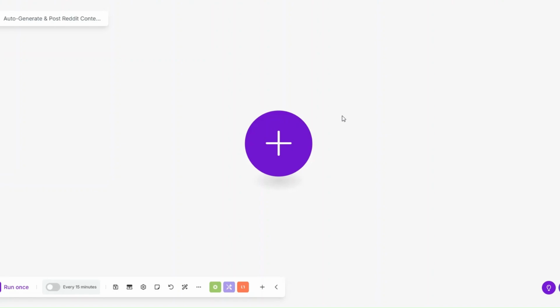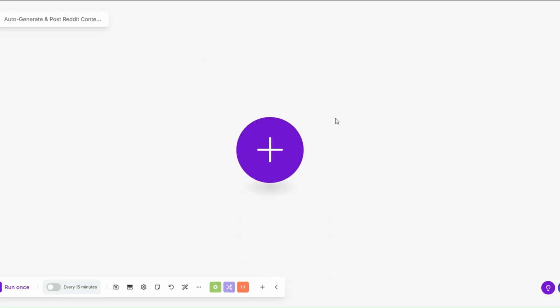In this video, I'm going to show you how to auto-generate and post Reddit content by creating a simple automation in make.com. Let's get started. In Make, I've created a scenario that I've named auto-generate and post Reddit content. To get the topic that we'd like to generate Reddit content for and the subreddit that we'd like to post the content to,